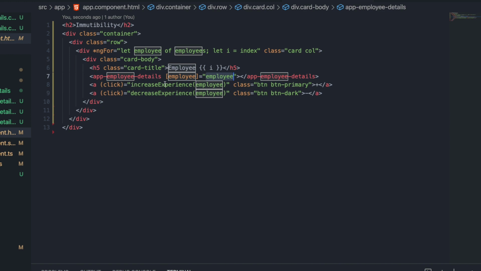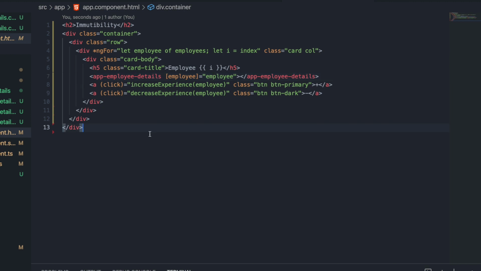What you did when you increased or decreased the experience was that you changed a property of employee, not the employee itself. Angular does change detection based on the binding which has been done in the template. It tries to understand from the template what it has to check for changes.